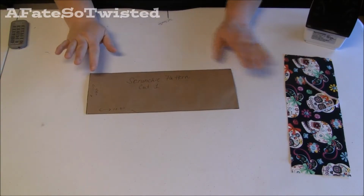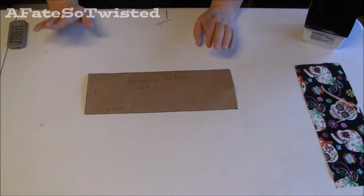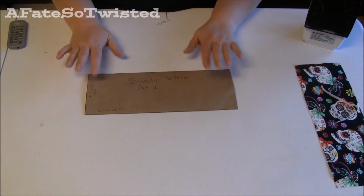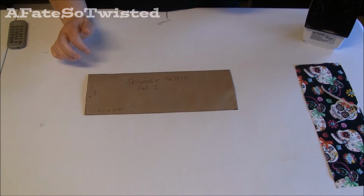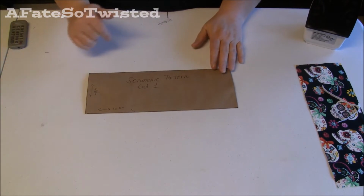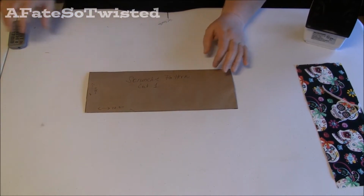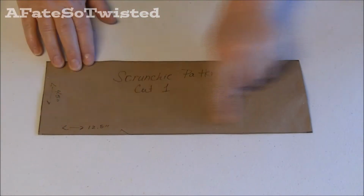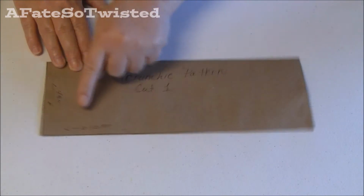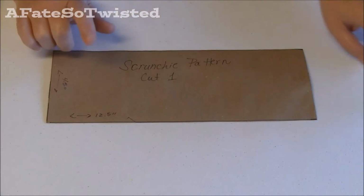The first thing you need to do to make this scrunchie, if you plan on making a lot of them, is make a pattern piece. I was inspired by my viewer who asked me to do this video, and I think I'm going to make a lot more of these. My pattern piece is 12.5 inches long by 4.5 inches wide, and you only need to cut one piece of fabric